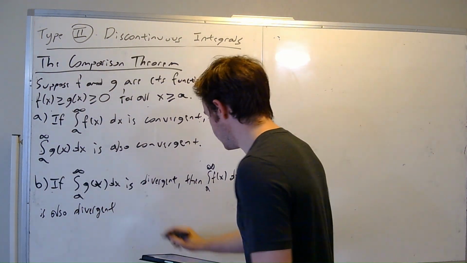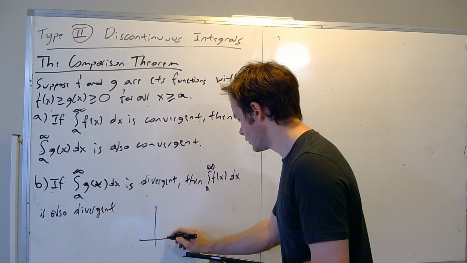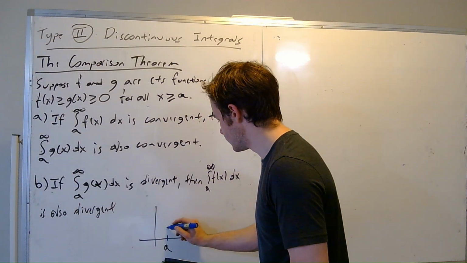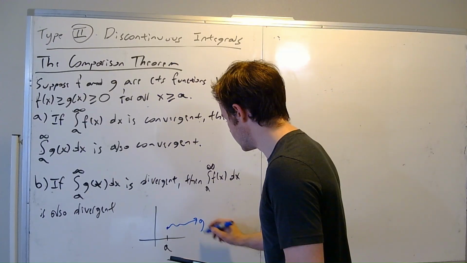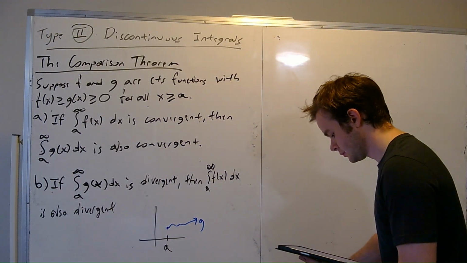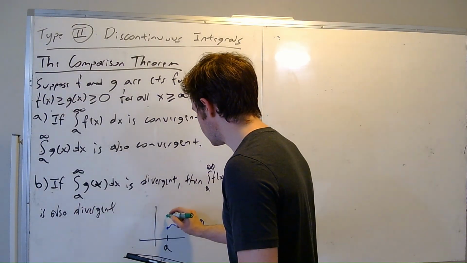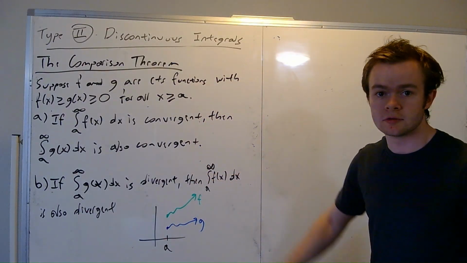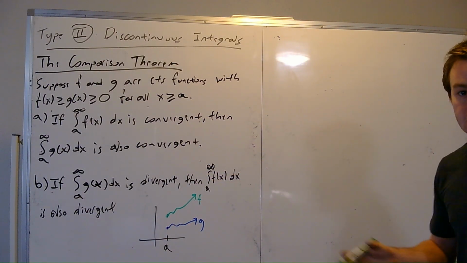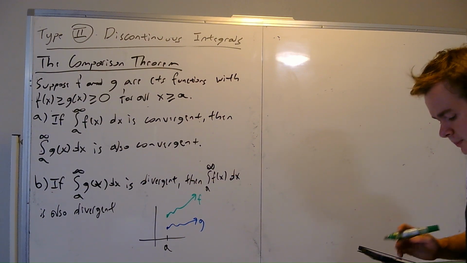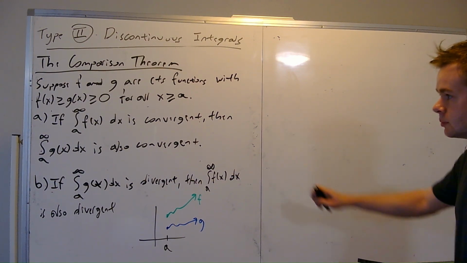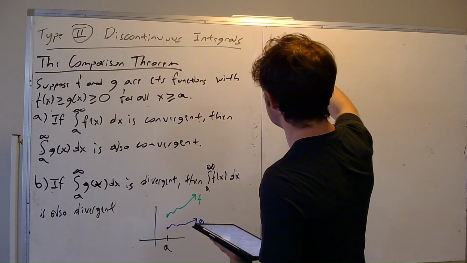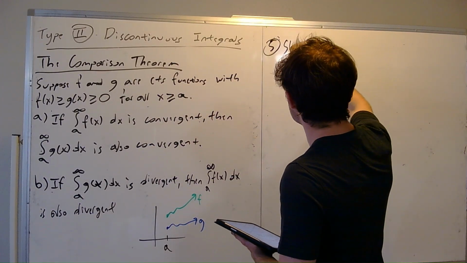Right, so remember here, you've got two functions. Let's say this is a, and for every number bigger than a, you've got some smaller function, g, and some bigger function, f. Right, so you got the bigger function and the smaller function, and this is just saying how they relate to each other in terms of the area under their graphs. Okay. So as simple as this looks, this is actually a very useful tool to help us solve integrals. So let's say here example number 5, show that